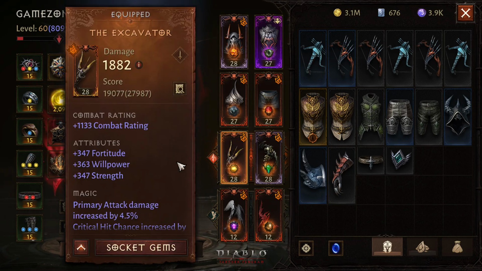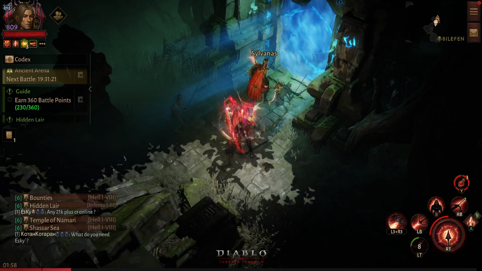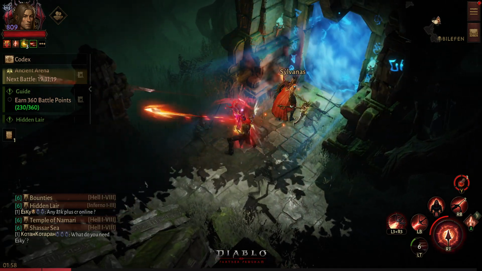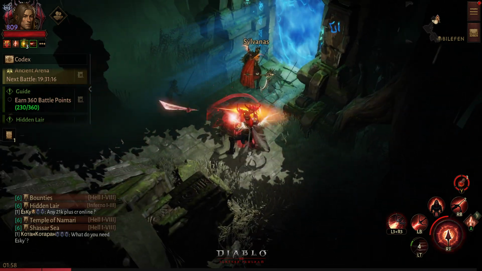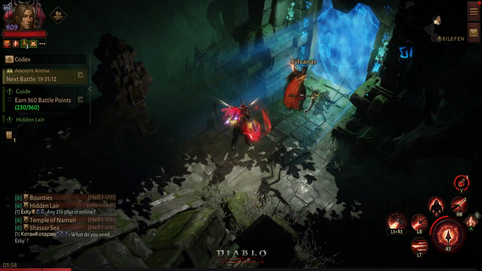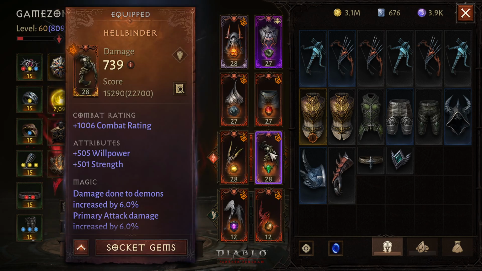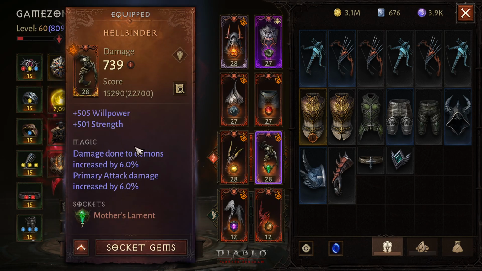For the Impale I am using Excavator. Alright, let me show you Impale. This is Impale. This is what I am using. With my explosive shot, you can see Impale, the knife is launching with it. So that is what I am using. Excavator. Then Hellbinder for the explosive